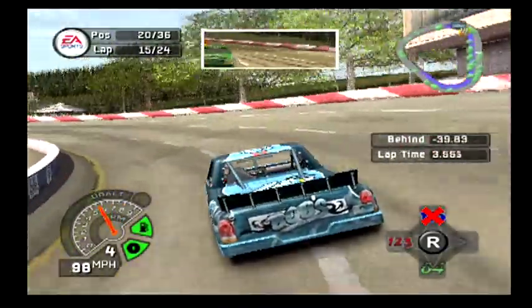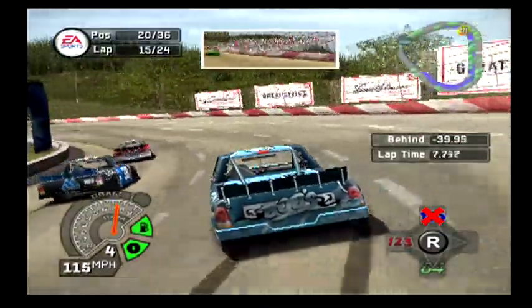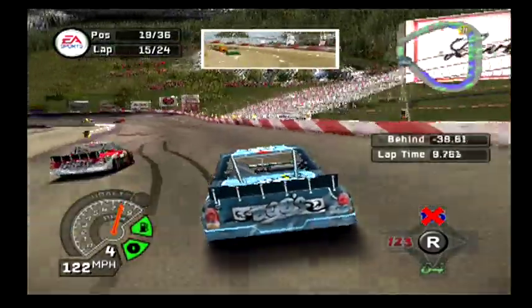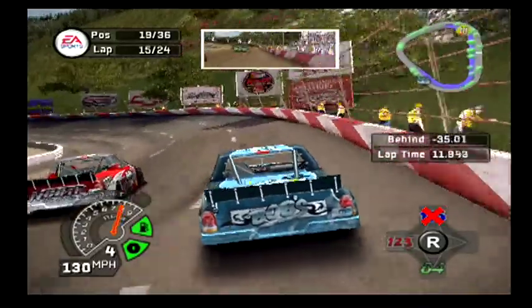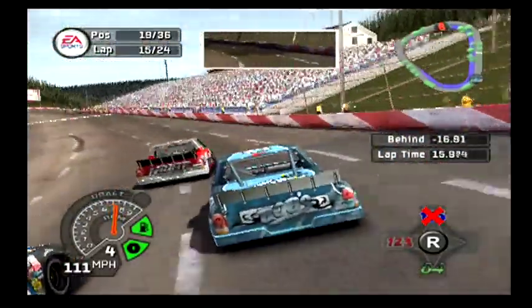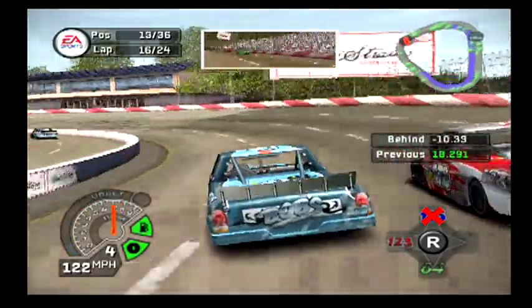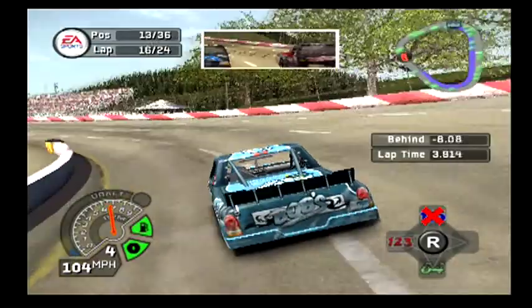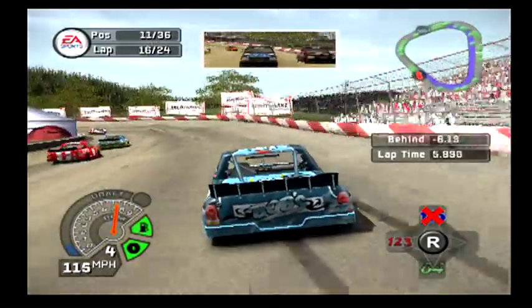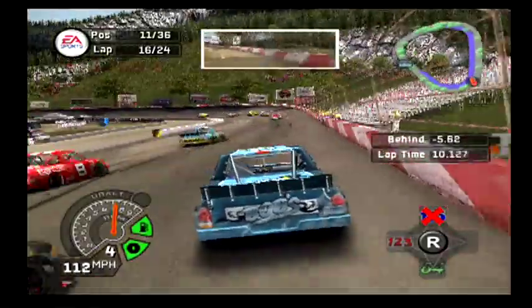10 laps to go, the spotter says. Stay high because we got trucks coming out of the pits here. Man, that guy really ran it up the track there. Alright, we're going to dip low here. We're already up to 13. Definitely can... Oh, I messed up that corner. I was going to say...